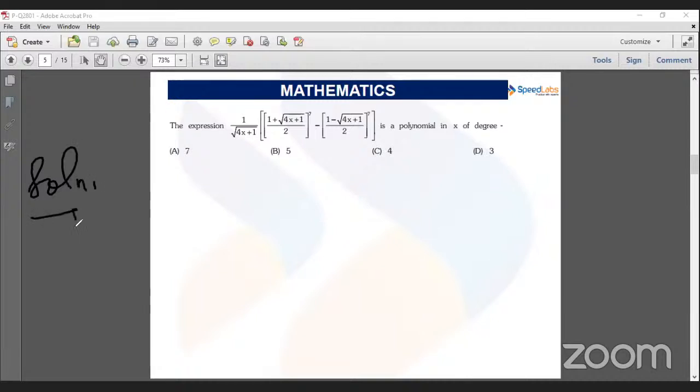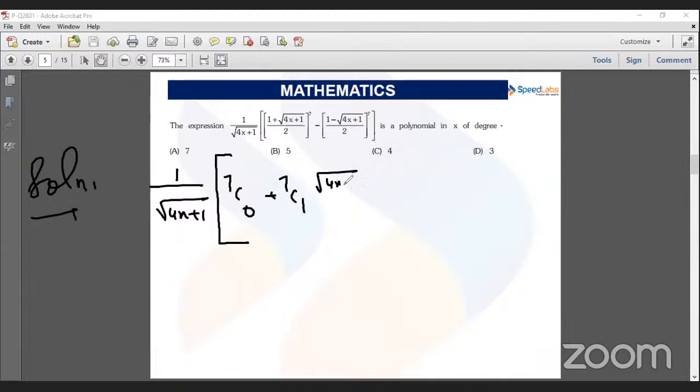The expression 1 by root(4x+1) into [(1 + root(4x+1))/2 to the power 7 minus (1 - root(4x+1))/2 to the power 7] is a polynomial in x of degree? Okay, simply expand and check. Let's call the terms half plus root(4x+1)/2 and half minus root(4x+1)/2. The expansion will be 7C0 plus 7C1 root(4x+1)/2